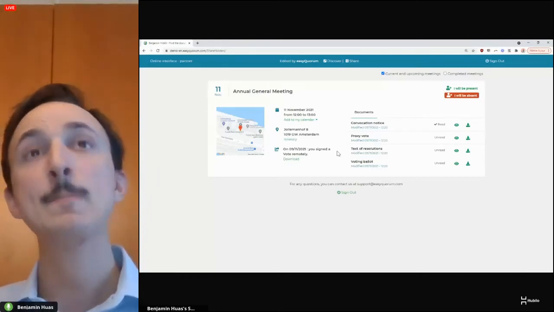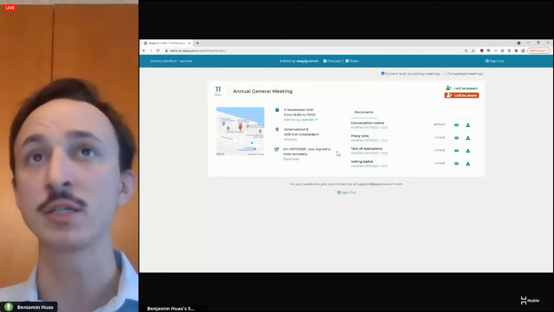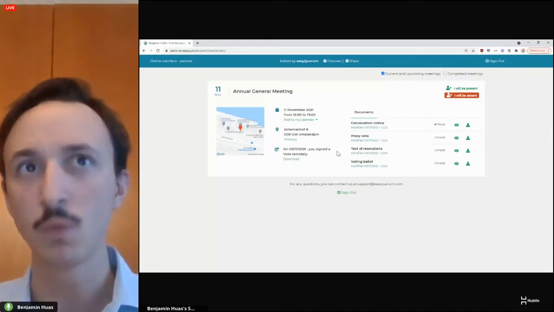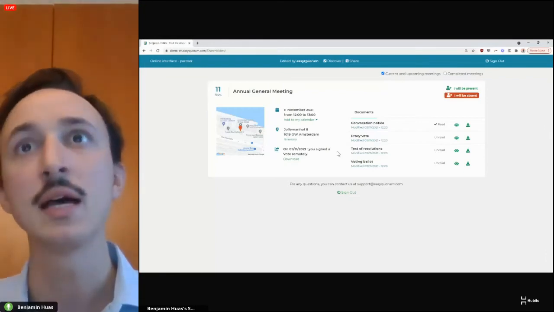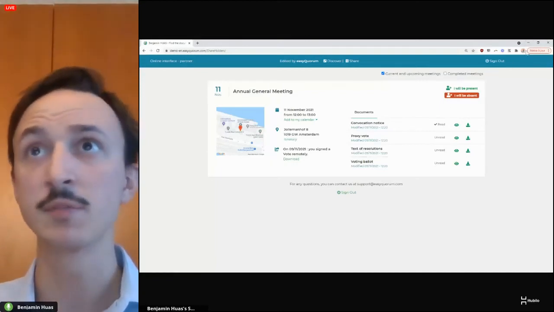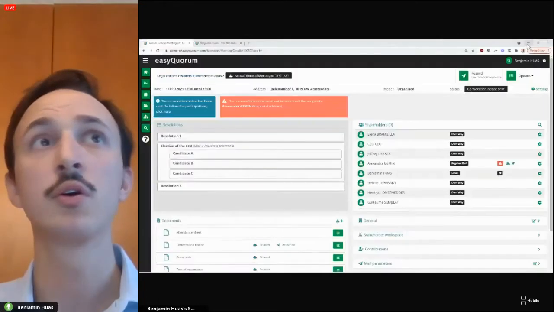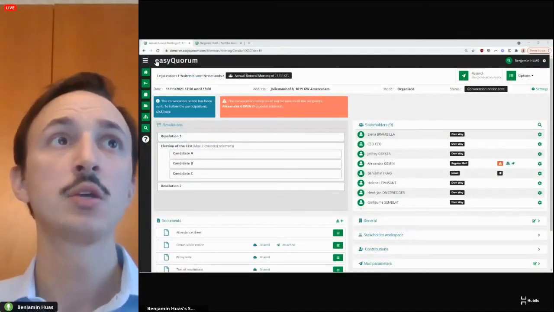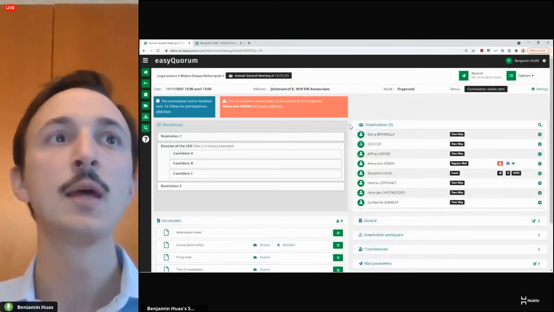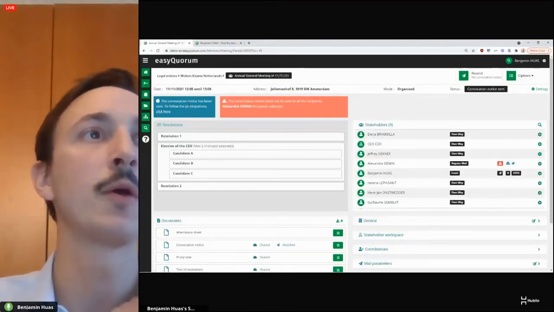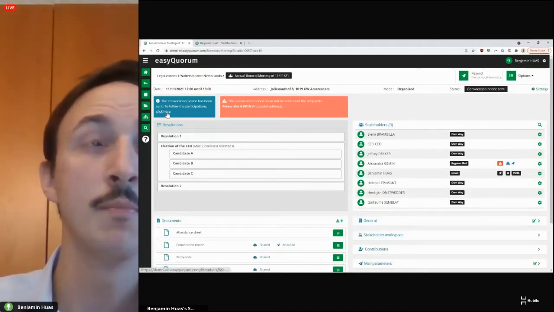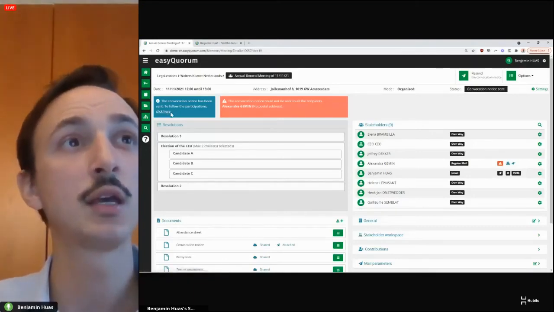And now we're going to go back to the organizer side to see how the tool has taken into account the fact that one shareholder has voted. So now we're finished on this part. Everything has been done. So we're going back to the organizer side. I'll just refresh to make sure that the information has been integrated. So here the idea is how to monitor the activity that has been made by the shareholders. So if I click here on the blue box,